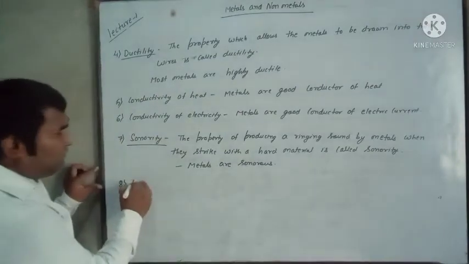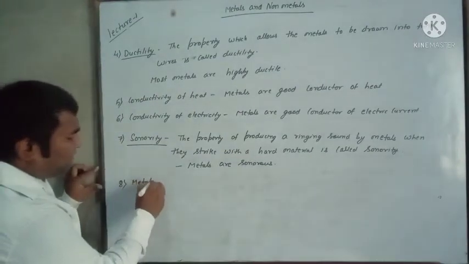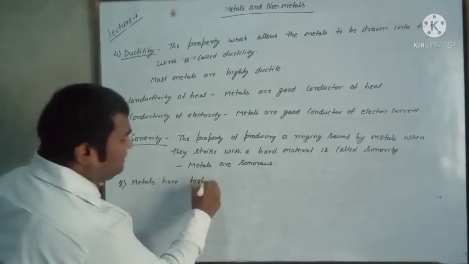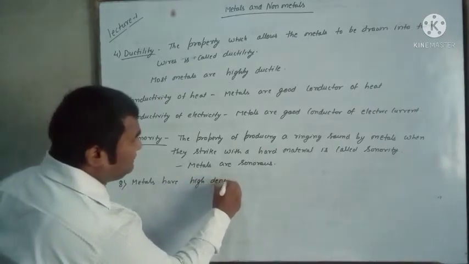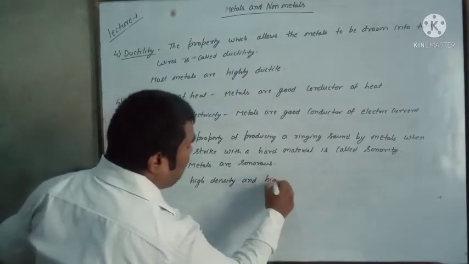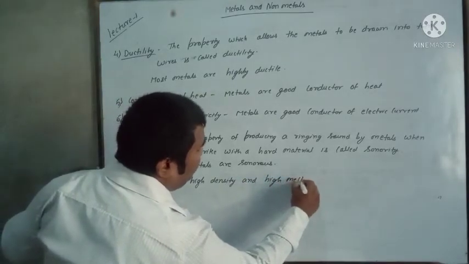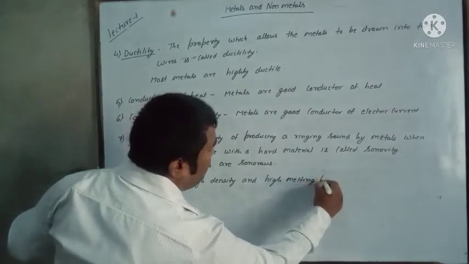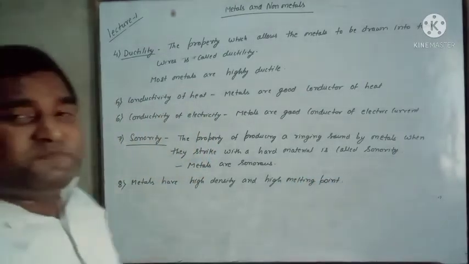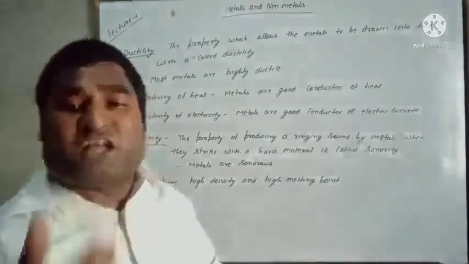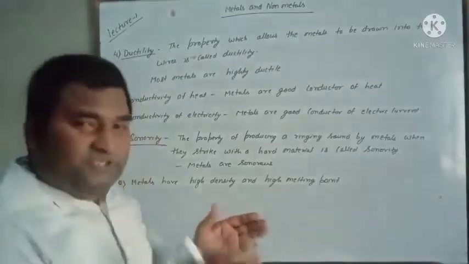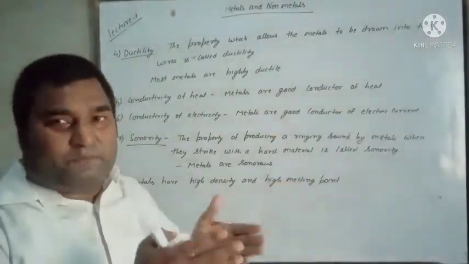So metals have high density and high melting point. हाई डेंसिटी मीन्स इसका वजन ज्यादा होता है, मीन्स जितना इसका वजन है तो जितना ये डिस्प्लेस करेगा जगह को।